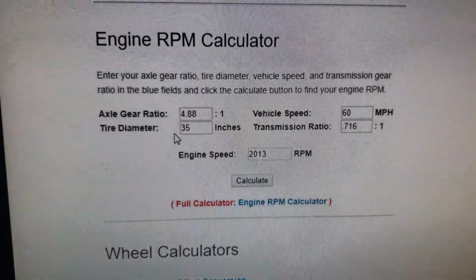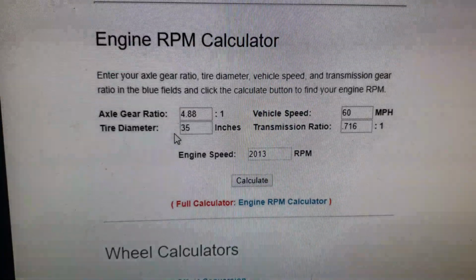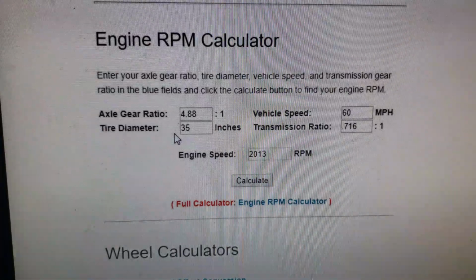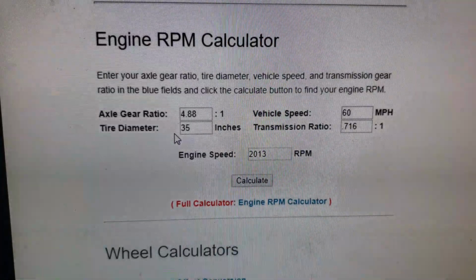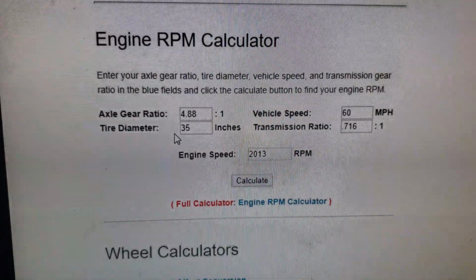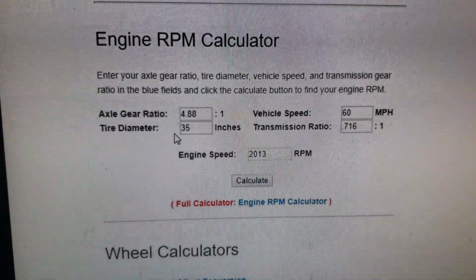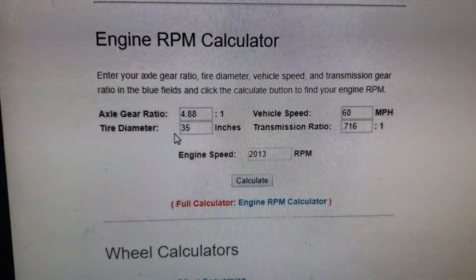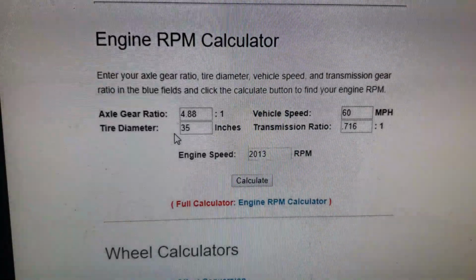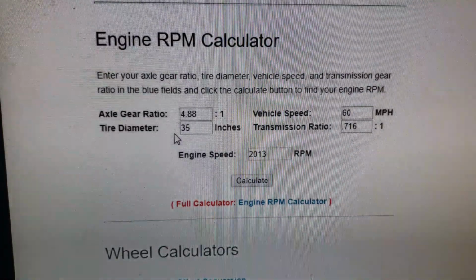So keep in mind all of that when you're choosing your gear ratio. So my final answer is, if you're just going to stay with 33s and you're never going to upsize tire to 35s, and even if you have a little bit of weight and you might plan on towing a trailer, 4.56s are just fine. If you're going to go 35s ever, and you are going to stay 35s and run 35s, go 4.88s, because with that extra weight, and if you ever decide to tow a trailer, anything like that,